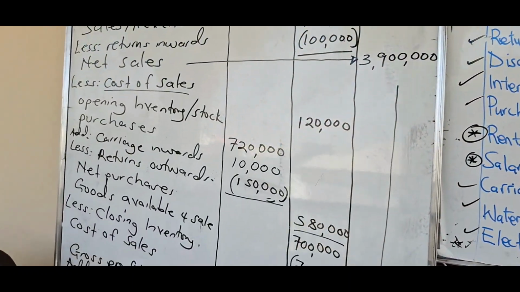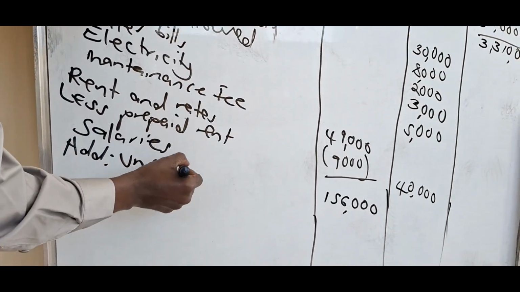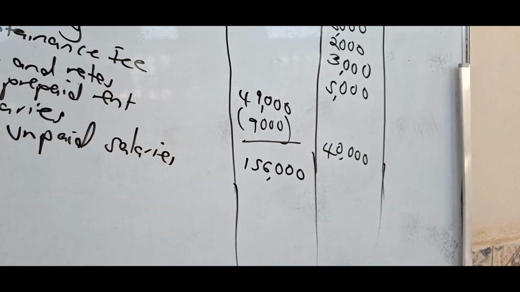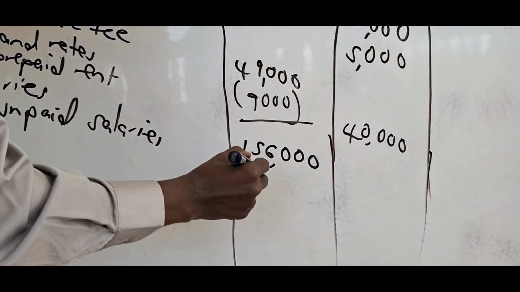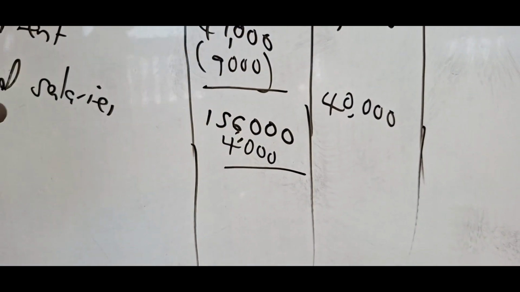So here add unpaid salaries. It was unpaid salaries 4,000, right? 4,000. So when you add here salaries,